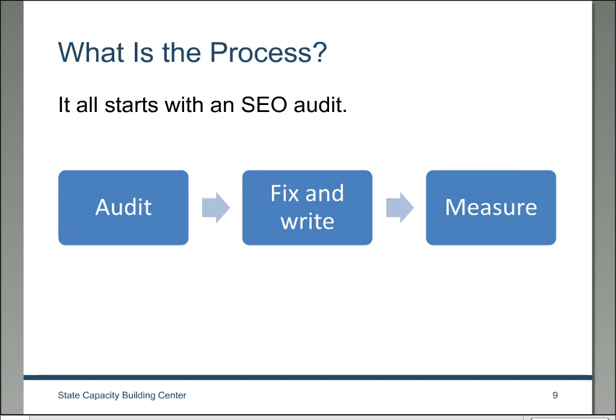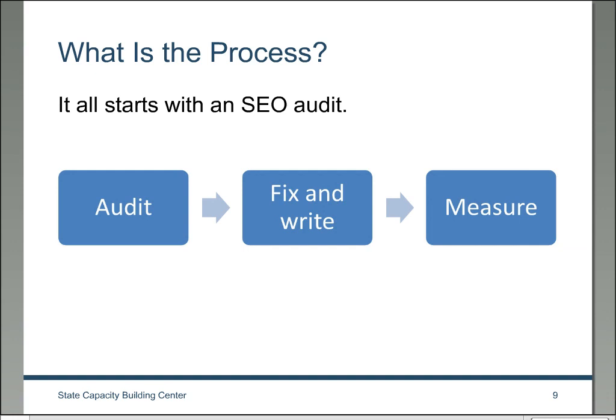So we've talked a little bit about what SEO is, what the different types of SEO are, and why you should do it. And we've talked about metadata, what it is, and how it's important to SEO. But now that you know what these things are, if you want to get started on looking at your own website and figuring out the current state of SEO for your site, and then how to improve it once you know that state, that's what we're going to talk about next: some of the process around this.